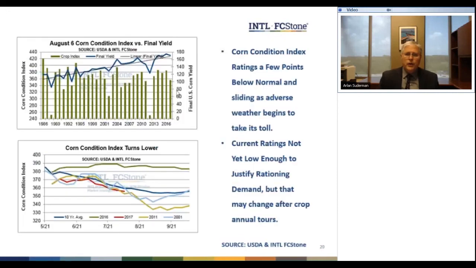Be watching, listening for the tour results of what they see in the way of pollination issues there. Corn Condition Index score here as of this week, you see it here versus the same week in each of the last 30 years, and then the blue line is what the final yield ended up being in that year. We're noting here that the red line showing the Condition Index score on a week-to-week basis is trailing just below the 10-year average, this darker blue line, showing a lot of similarities to 2011 right now. I also have 2001 in there because that's one of the analog years from a condition standpoint, but the correlation in the condition scores has not been as significant thus far, but I do have it on there to monitor and watch.